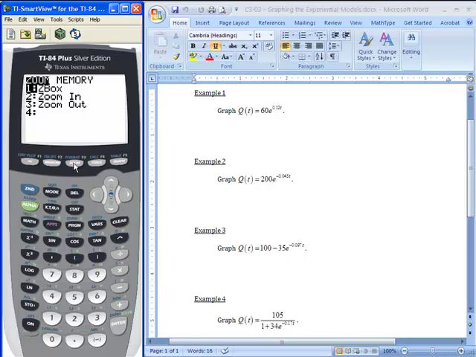So I'm going to press zoom, and you can either cursor all the way down until you find zoom_fit, it's option 0, or we can just press 0, and to save time I'm just going to click on 0. The calculator will work for a few moments trying to figure out what y-min and y-max are. Once it knows what they are, it'll set them, and then it'll actually go about drawing the graph. So now that you see the graph coming up, that means the calculator knows what a good y-min and a good y-max are, and it's going to start